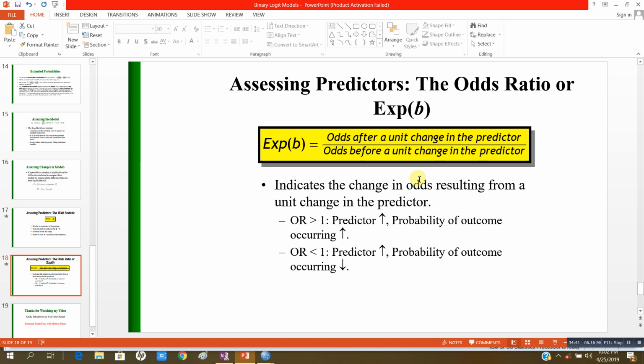In this case, of buying a car. On the other hand, if the odds ratio is less than 1, then there is an inverse relationship between the predictor and the probability of the outcome occurring. And if the odds ratio is equal to 1, then it means that there is no relationship between the predictor and the probability of the outcome occurring. This is a simple explanation of